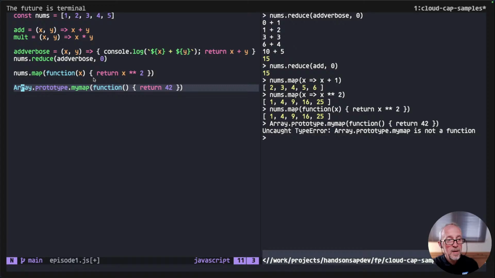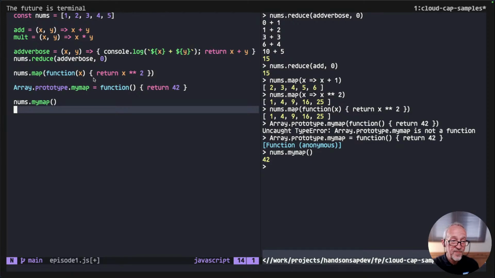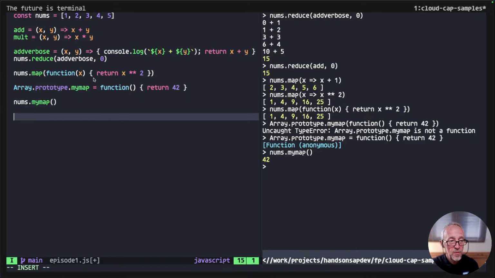Array.prototype.mymap. Oh, sorry, what am I doing? Equals there. And now we can say nums.mymap. Let's run that. And we get 42. Okay, so that's the first step. We've been able to add a prototypical function to the array object so that we can call this new custom function on any array. 123.mymap, 42. Okay,